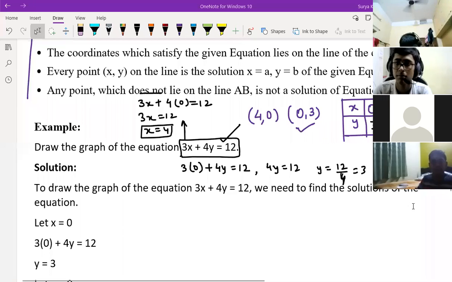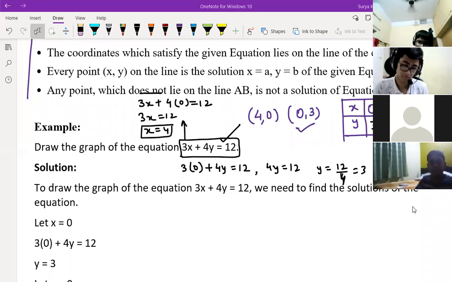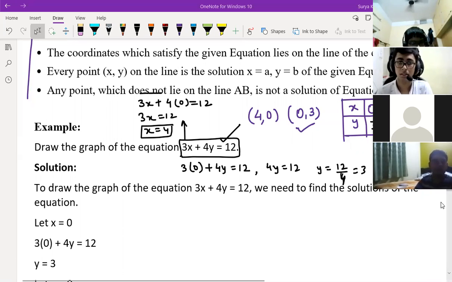So if two graphs are also given, you can draw in the graph paper, right? But see, here we are getting infinitely many solutions, right? But the same two-equation pair will be there, no? With a pair of equations, it may depend. It may be infinitely many solutions also. It may be only one solution also. It may be what? No solution also.